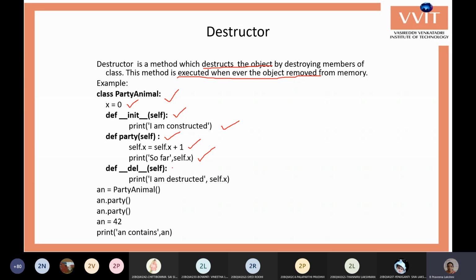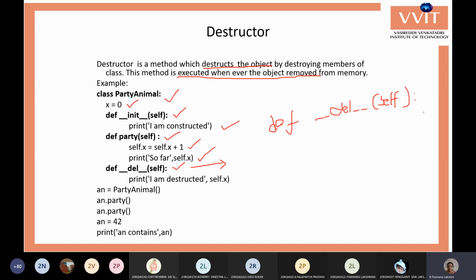Then the del function. This function is for the destructor. The destructor function is created with the keyword del: def, 2 underscore symbols, del, again 2 underscore symbols, and within the brackets we have one default parameter, self.